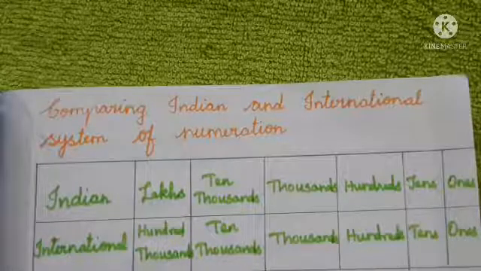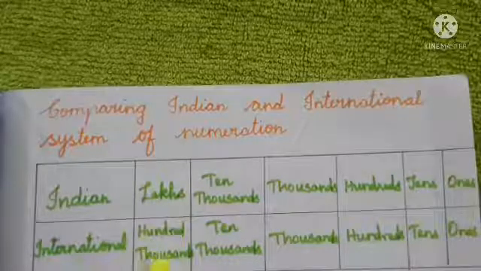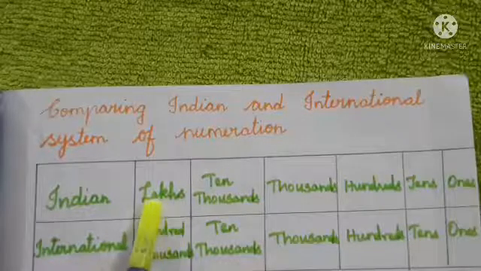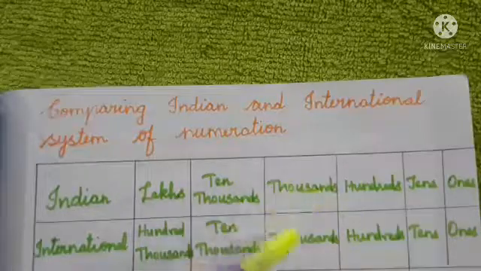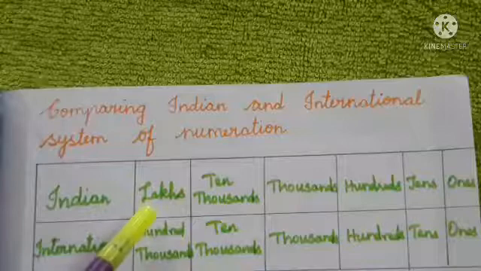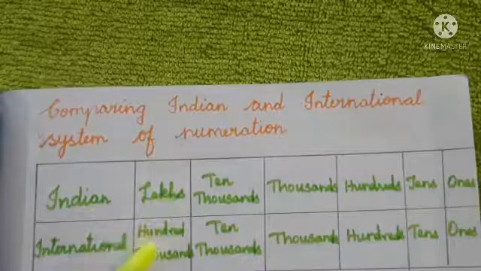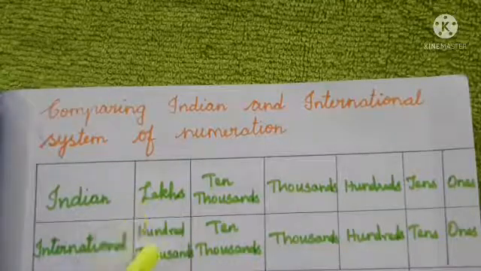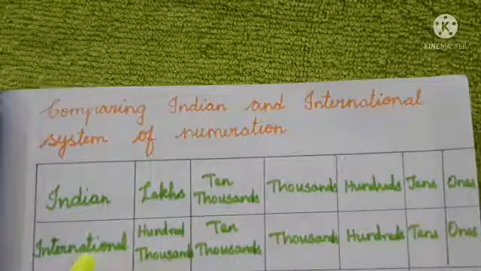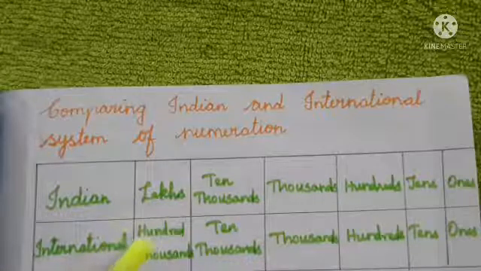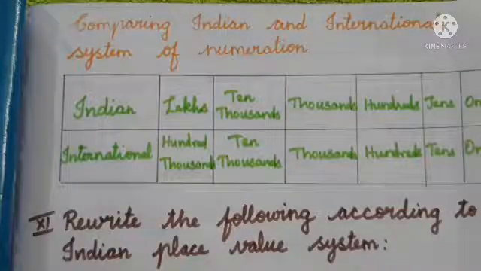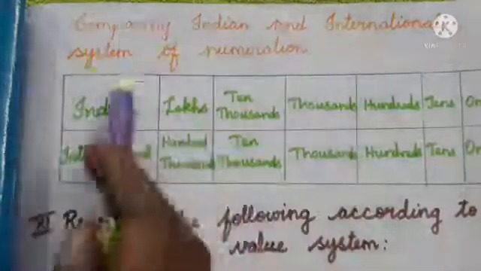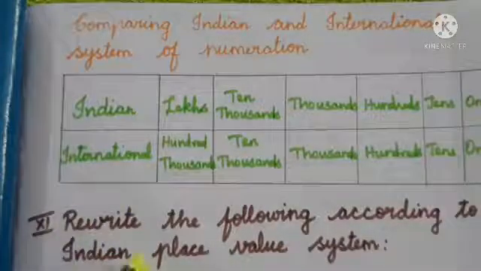Have you understood this? So lakh means what? 100,000. So here everything is the same now. Ones, tens, 100, 1000, 10,000 are the same. Here we have a change. In the Indian system, lakh will come. In the international system, 100,000. In the international system, we will call the lakh as 100,000. So by comparing the Indian and international system, next we are going to do some problems.